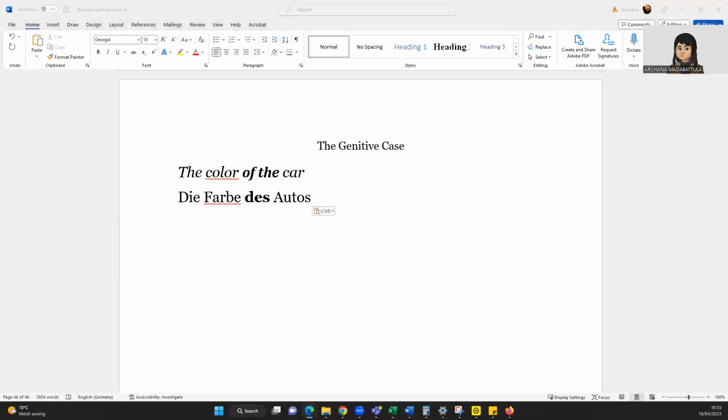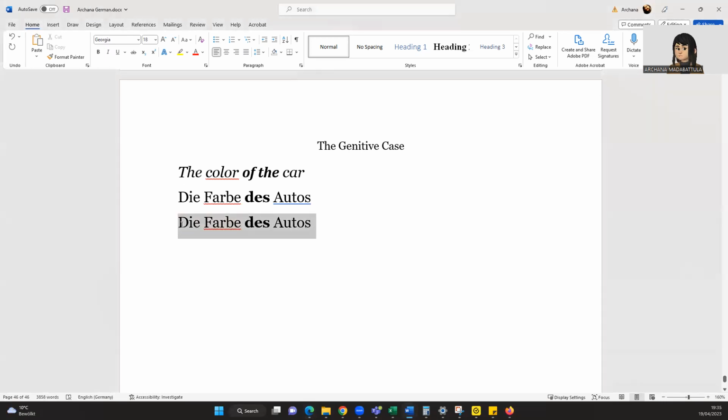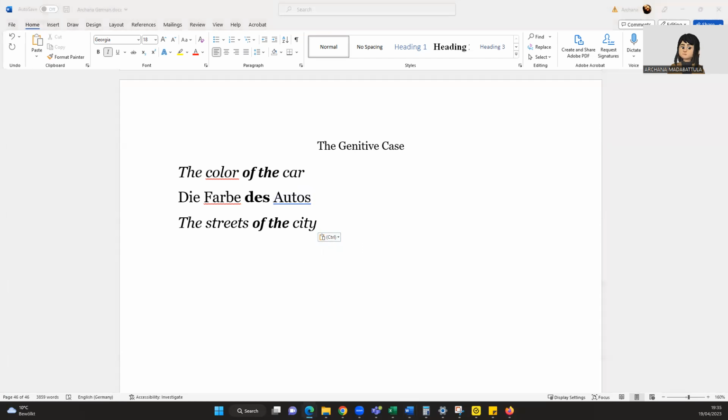The street of the city. Next example: the streets of the city. How do you say the streets of the city in German? Streets is Straßen, and city is Stadt. The city is die Stadt. So it is called die Straßen der Stadt. Okay. Next,